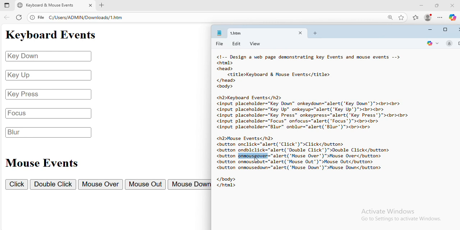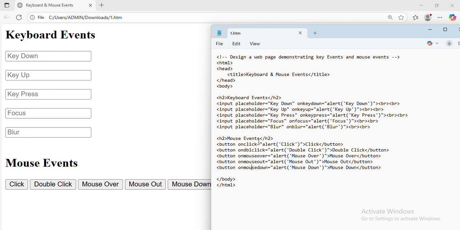On mouse over, when the user is moving the mouse on that control, the mouse over event will occur. Mouse out, when the user is moving the mouse out from that button, the on mouse out event will occur. And as soon as the user presses the mouse on that particular button, the on mouse down event will occur. So these are the 5 mouse events: on click, on double click, on mouse over, on mouse out, on mouse down.